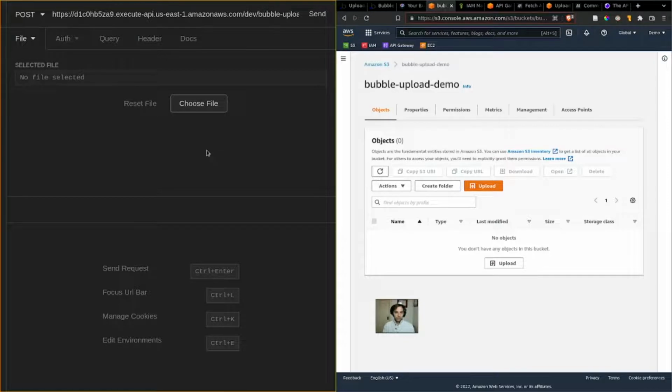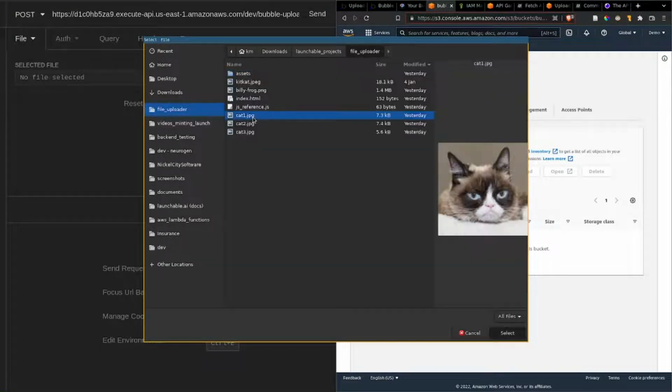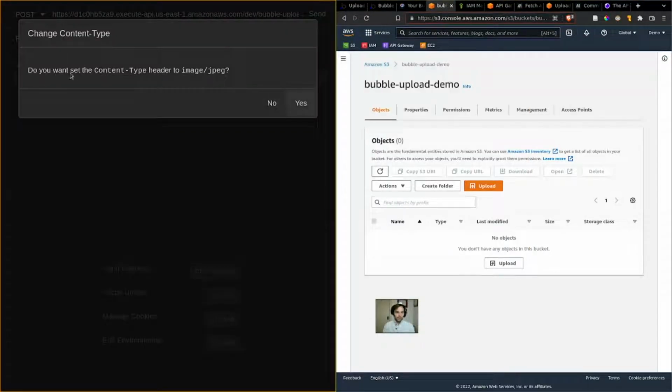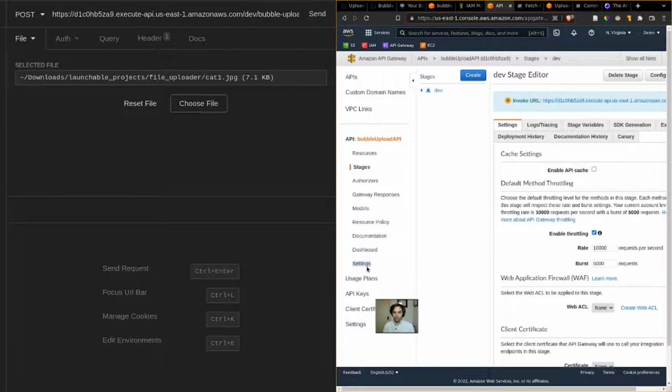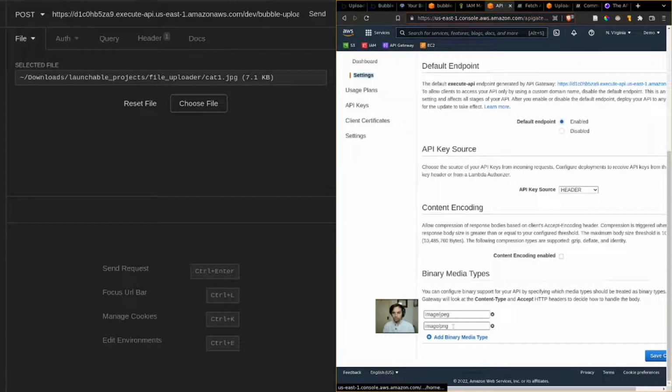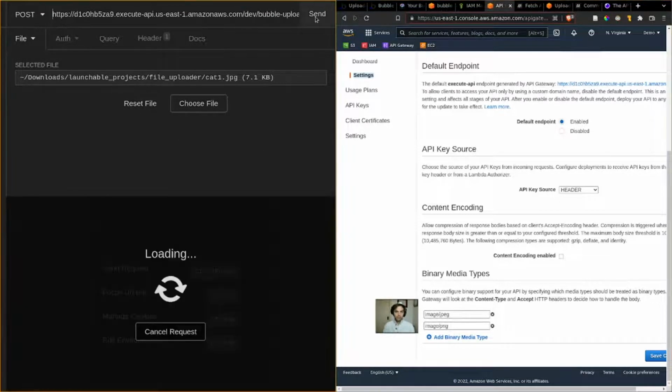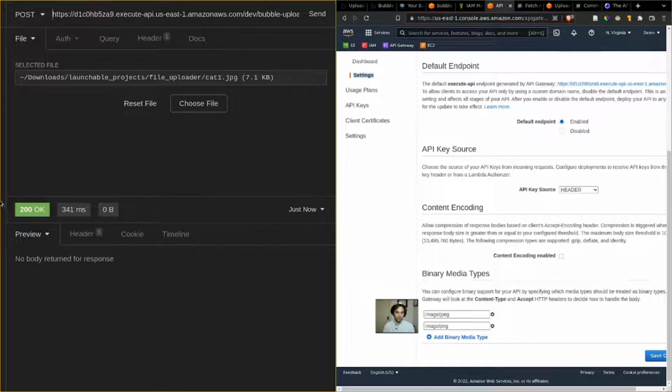So what we're going to do is pick a file, and we'll pick cat1 here, and it'll ask us to set the content type header to image/JPEG, which is good. That's what we defined as one of our binary types here in settings under API Gateway, right here. And so then we should be able to click send, and if we've set everything up right,